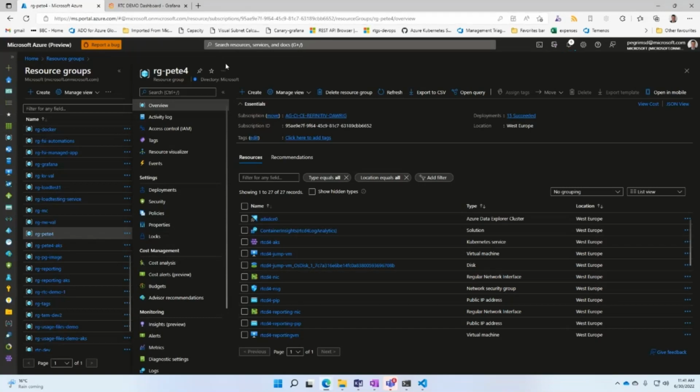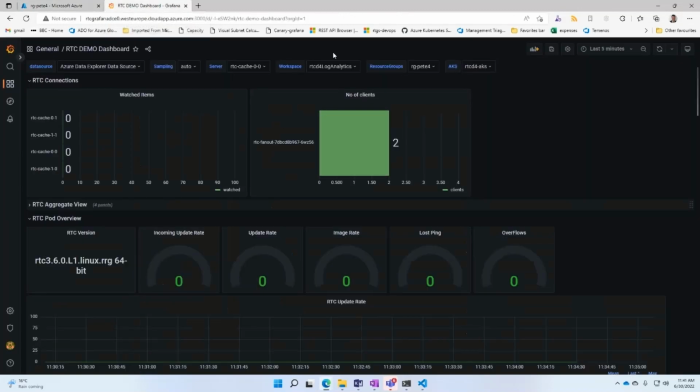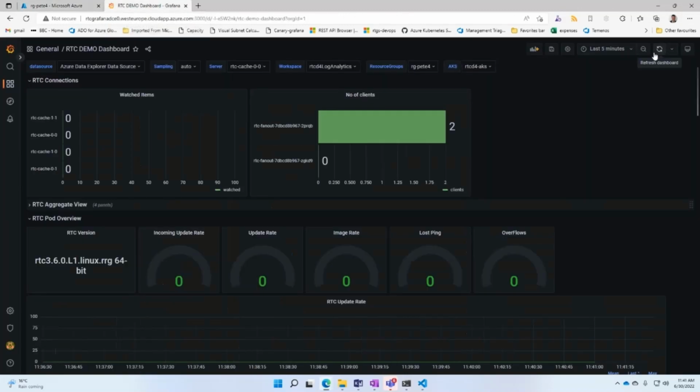As I mentioned, we deploy Azure Data Explorer to capture the metrics. I have a Grafana dashboard configured with that. So here's my Grafana dashboard. And you can see at the moment, there's not much going through this. There's probably some historical data here left over from a test, but there's nothing going through the cache pods at the moment, nothing really going through the fan out node,